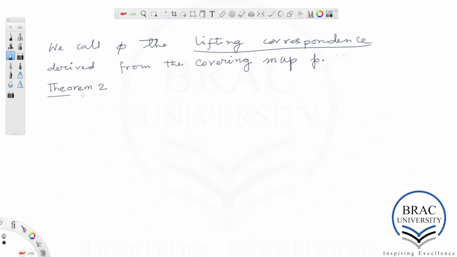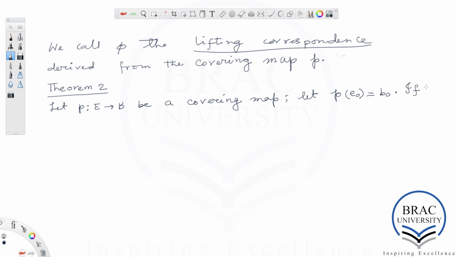Theorem 2, which states that if P from E to B is a covering map, and if P of E0 is equal to B0, also if E is path connected, then